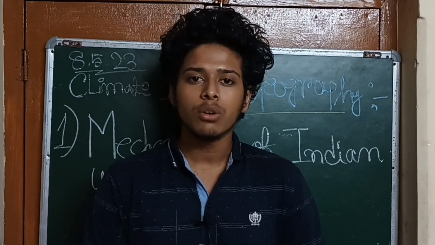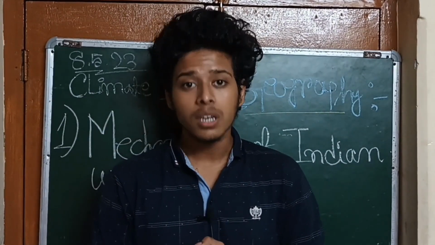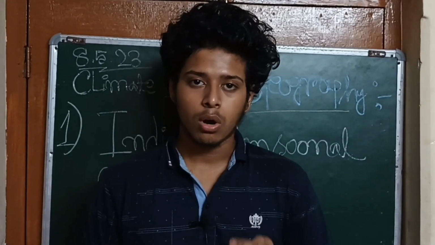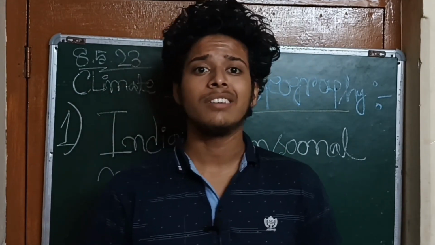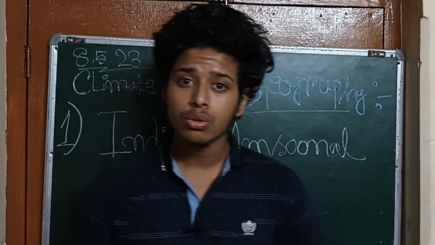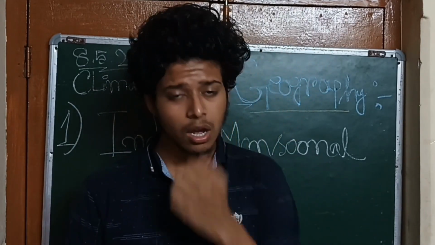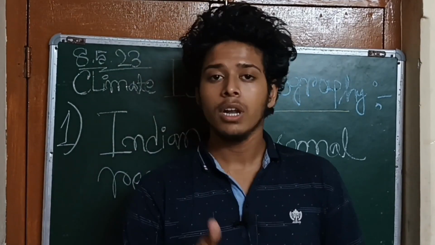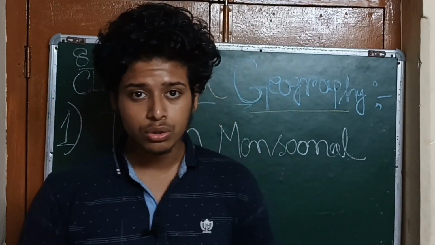So in the next point, what's the mechanism of the Indian weather in the monsoon season? In the Indian monsoonal regime, we have four types of monsoonal regime: the onset and advance of the monsoon, the rainfall and rain-bearing system and rainfall distribution, the break in monsoon and the retreating monsoon. So what happens in the onset and advance of the monsoon,